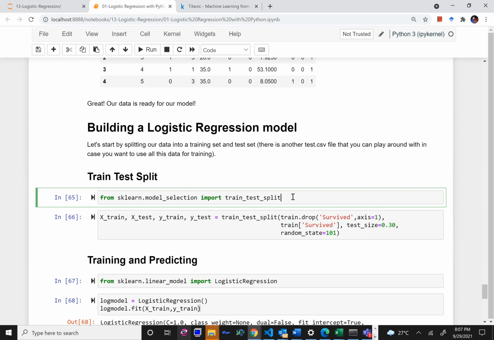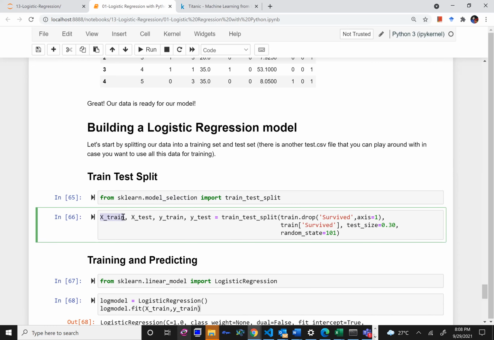So you can do it on your own also. You can do np.random, and you can take some portion for testing and some portion for training. But there is a default functionality that comes with the sklearn library, which is called train test split. So from sklearn.model_selection, I will import train_test_split, and I will then create x_train, x_test, y_train, and y_test using this functionality.